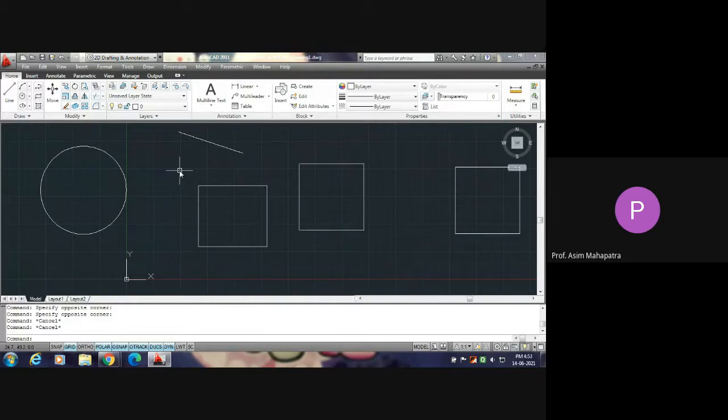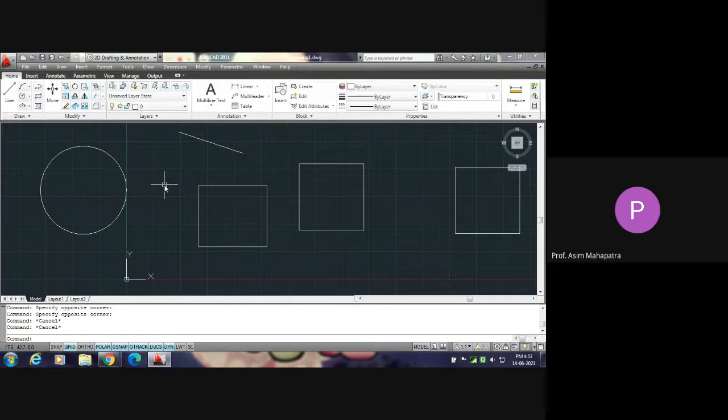So there are three methods of selecting objects. One is grip selection, another one window selection, third one cross window selection. There is another selection, but that selection is not in standby mode.